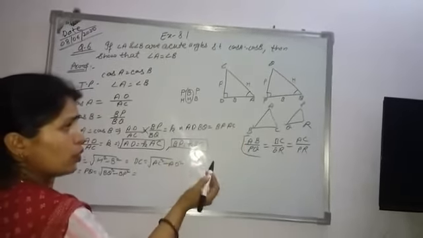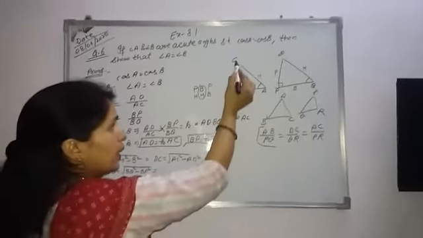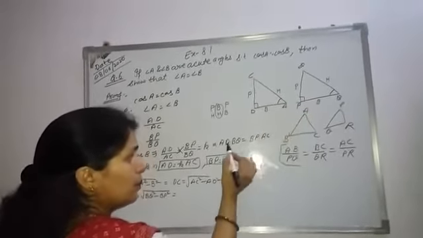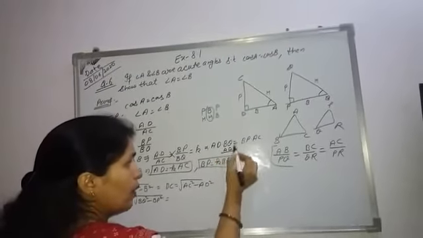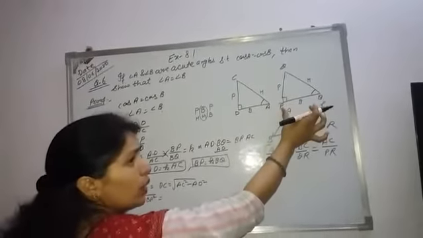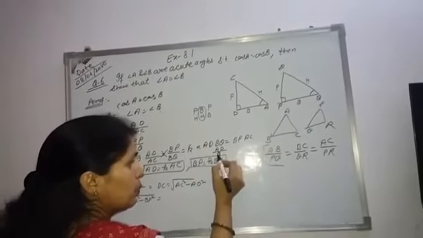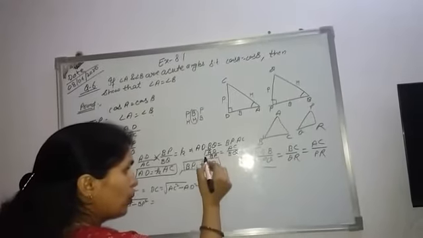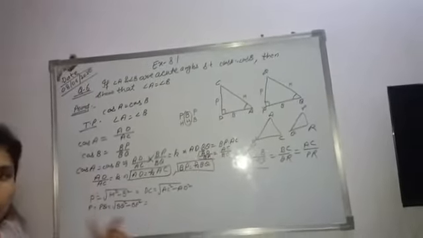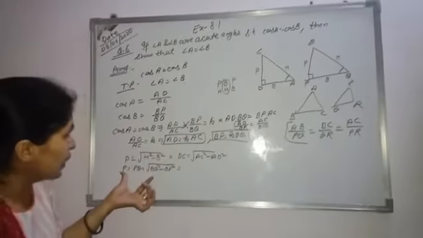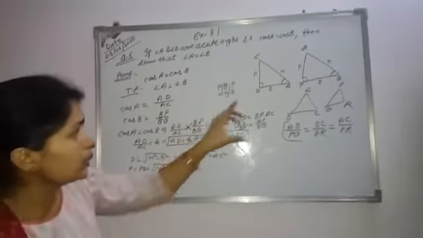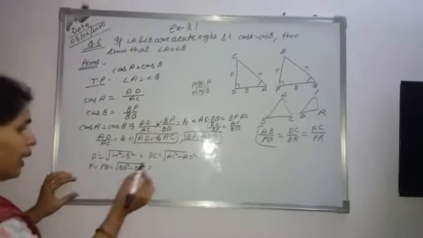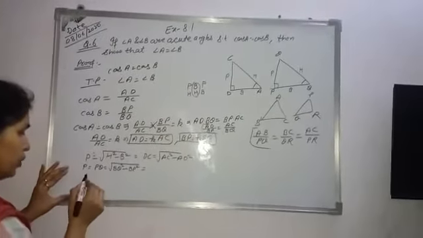Okay, so which ratio do we want to find out? Corresponding sides. DC divided by PQ, AD divided by PB. AD is this one, divided by which side? The corresponding side is this one. So AD divided by BP is equal to AC divided by BQ. We obtain the ratio of two sides. The third side is left, so that's why we are taking this perpendicular. And the third side is, here is PQ and here is DC. So PQ and DC is this one, and DC, find out the ratio.